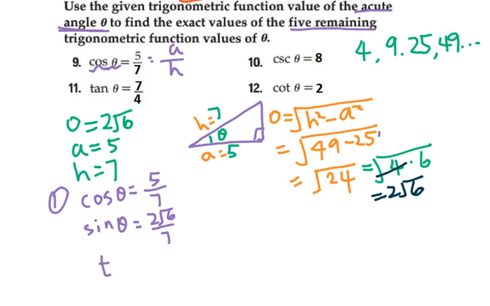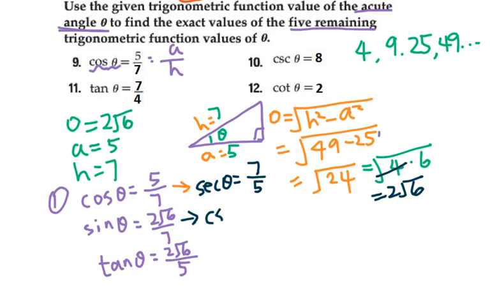Then we have tangent theta, that means O over A, 2 square root of 6 over 5. Then I will get the reciprocal of each, which means I have secant theta. I flip, you will get 7 over 5. From sine theta, you will get cosecant theta